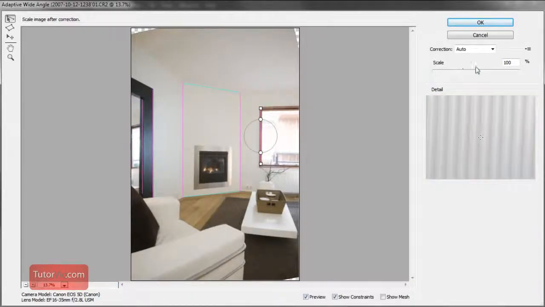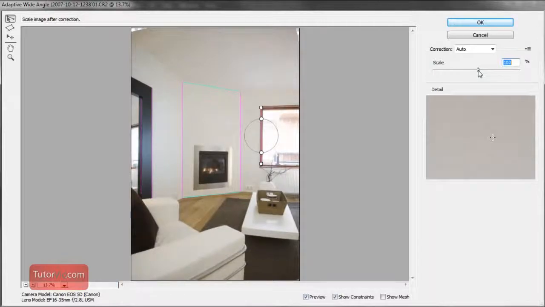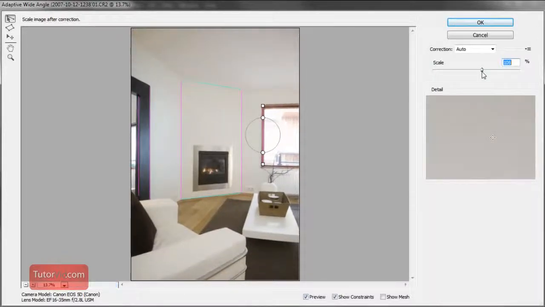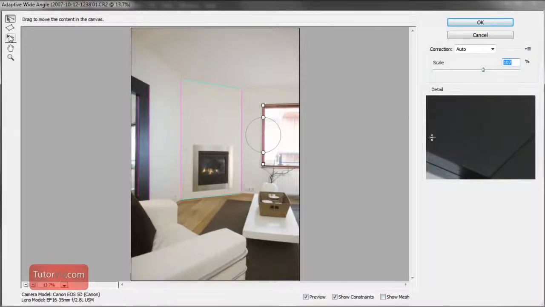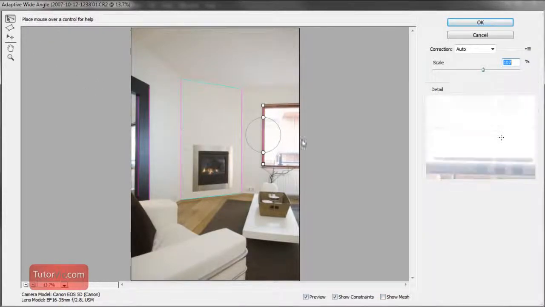And there's also a scale button here. You can see there's this missing image parts. That'd be pretty easy to fill with a content aware fill, but I'll zoom in a little bit and fill it up like that. And if you want to go in and edit one of your marks you have made,